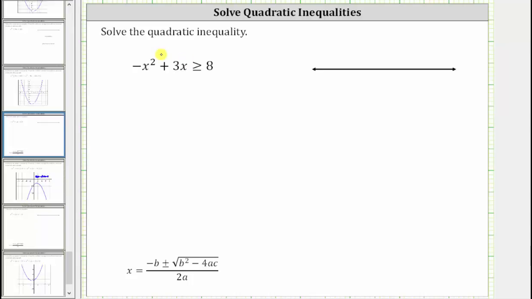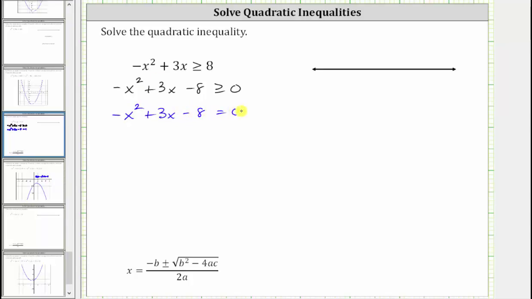We are asked to solve the given quadratic inequality. Looking at the inequality, let's first set the right side equal to 0 by subtracting 8 on both sides. The given inequality is equivalent to negative x squared plus 3x minus 8 greater than or equal to 0. The next step is to solve the related equation, which is the quadratic equation negative x squared plus 3x minus